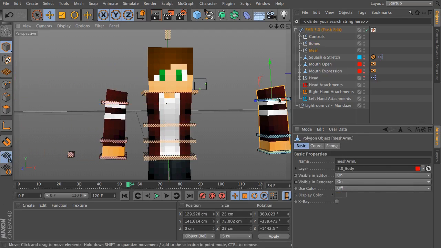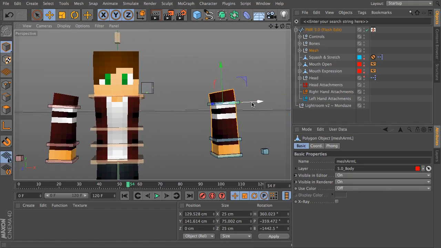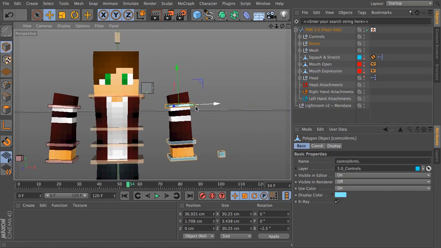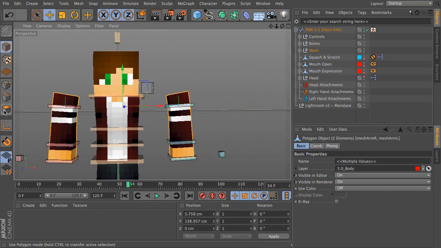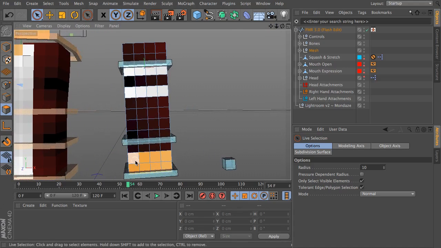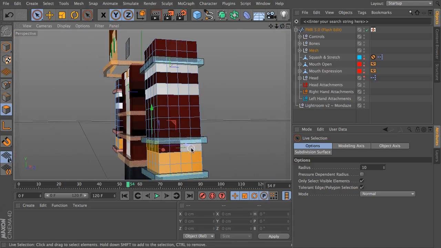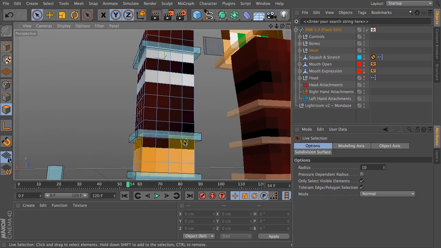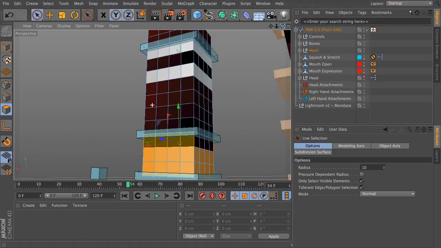You can also change the variation on it to 100 to make stuff a bit more randomized, and I don't know, it just gives it a kind of rugged look. I'm not too sure, but yeah, so as I was saying, don't select the whole arm unless you really want to, because otherwise if you extrude it, it'll be really bulky and we don't really want that. So I usually just extrude these bits